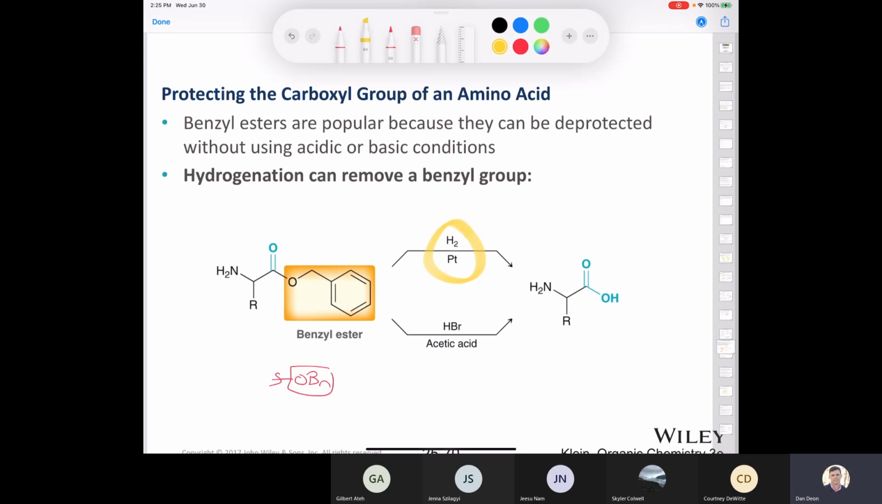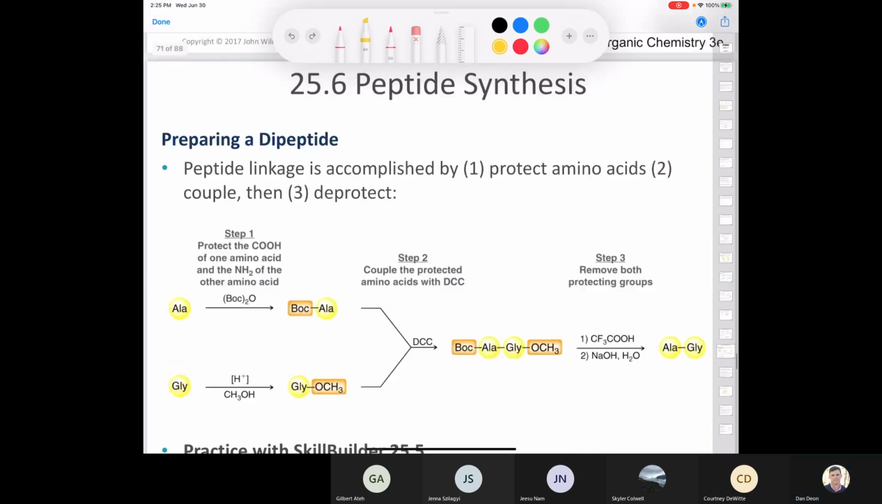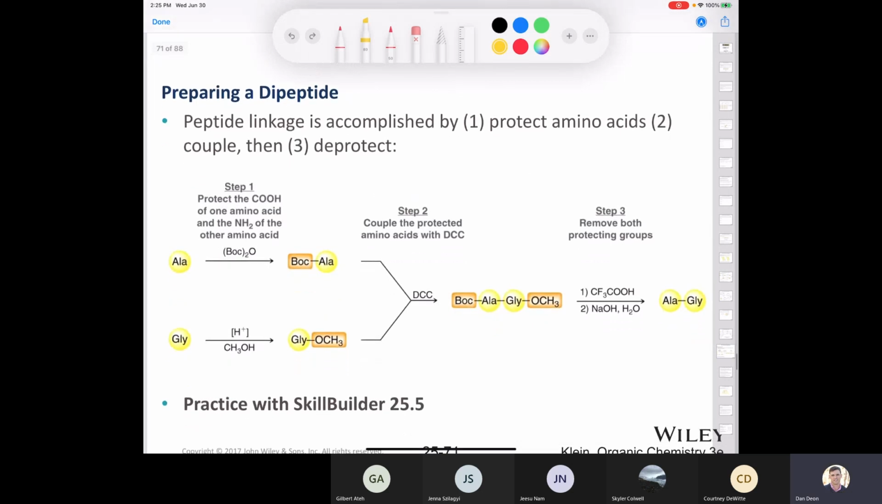It's a reaction I've done many times. It works very, very well. Very good chemistry. Another option is to use hydrobromic acid and acetic acid mixed together. This isn't as popular. However, it will definitely work to remove that benzyl ester. So that's another reason why benzyl esters are so popular. So if we take what we've learned and put it all together and we wanted to make a dipeptide,